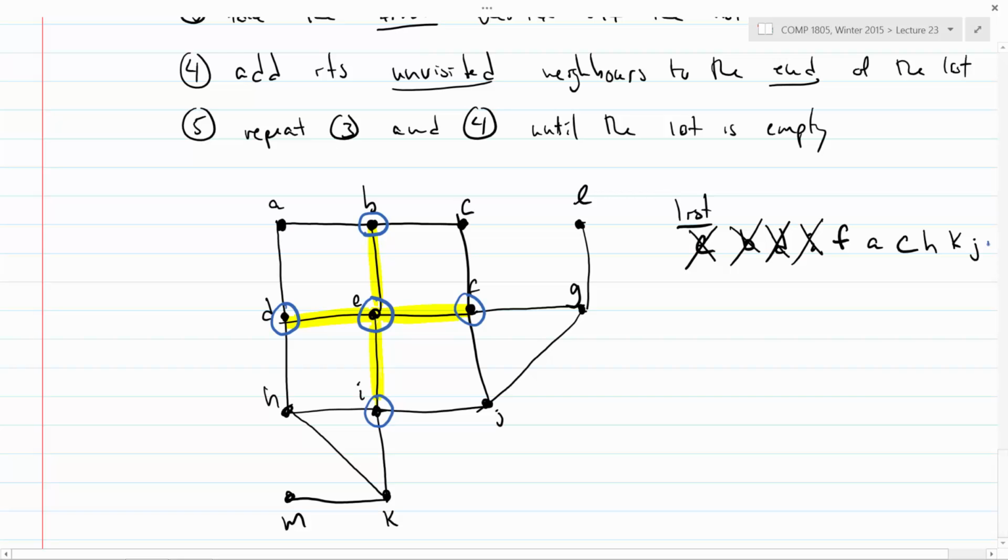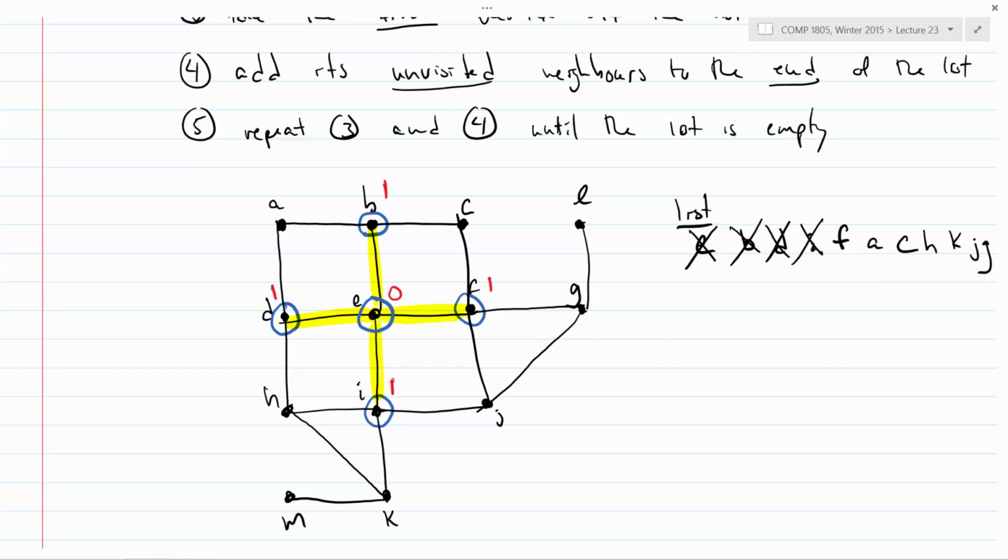Oh, yeah, G. Good catch. Okay, and you might notice something that's happening here. At this point, we've exhausted all of the neighbors of our start vertex. So I'm going to add a little bit of extra notation here to help me remember that. I'll do it in red. The start vertex, I'll say, is 0. And vertices D, B, F, and I are all 1s, because I followed one edge from my start vertex to get there. Does that make sense?